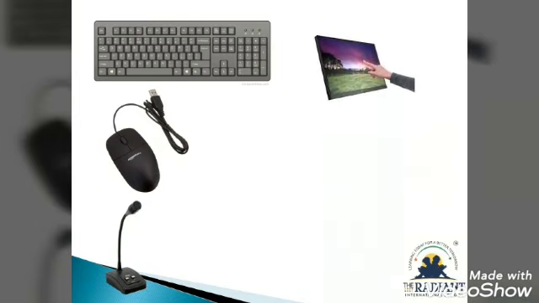Then what is this? This is a touch screen. Touch screen works without using any pointing device. Touch screen is so sensitive that we can select the object directly by touching on the screen with our fingers. Examples of touch screen are ATM machines and cell phones. Nowadays the smartphones you are using are the common example of touch screen, and the same in ATM machines.